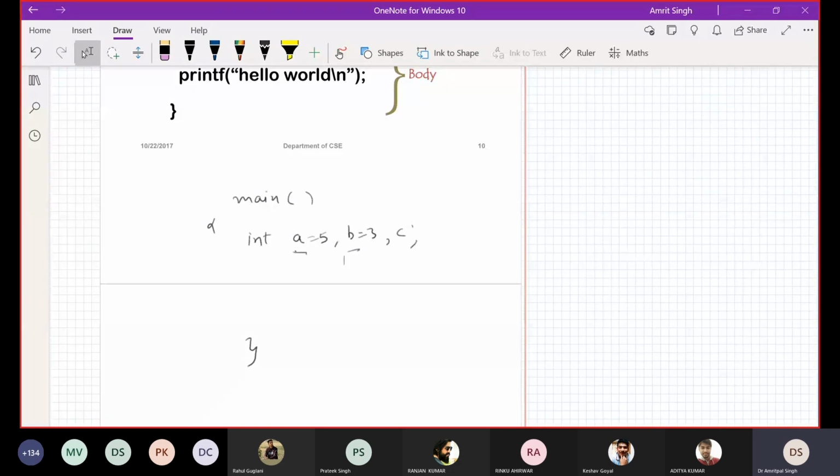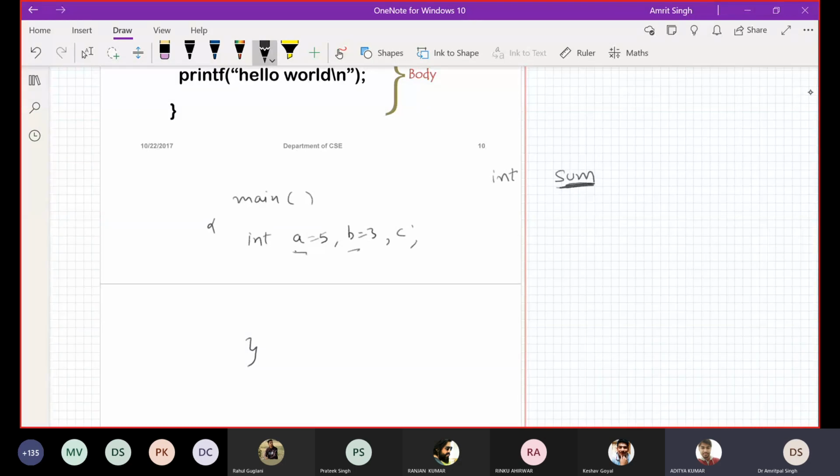Let's say I want to make a function named sum. What is this sum going to do? It is going to add two numbers and return an integer. So what will be its return type? Int, integer.